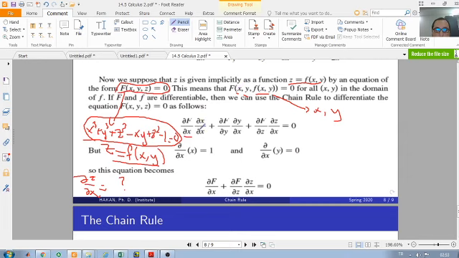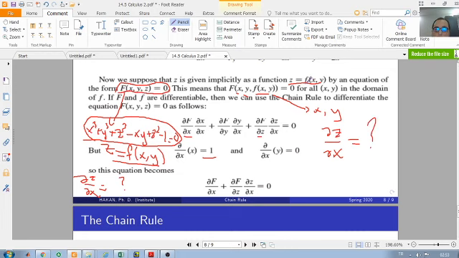So the derivative of x with respect to x, which is equal to 1, you see, plus the derivative of bigger F with respect to y, which is the partial derivative, the derivative of the outer function, and the derivative of y with respect to x, plus the derivative of F with respect to z, the third variable, times the derivative of z with respect to x, because we want to find the derivative of z with respect to x,